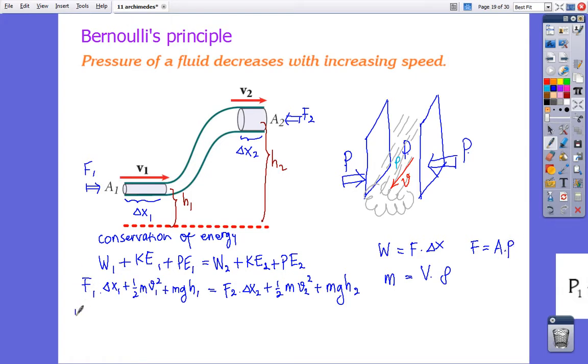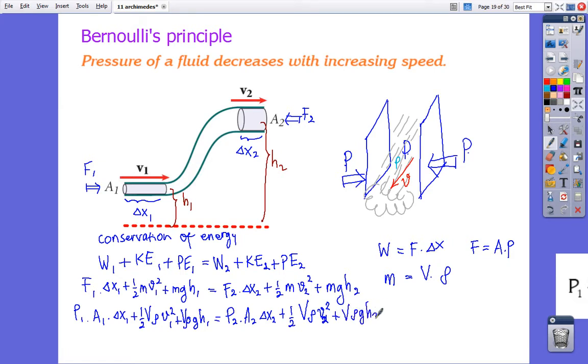So this force, P1 times A1 times delta x1, added by a half V rho V1 squared, added by V rho g h1, equal to P2 A2 delta x2, added by a half V rho V2 squared, added by V